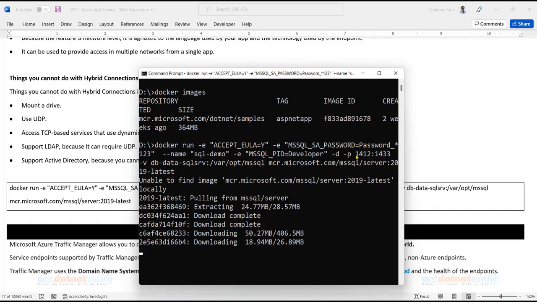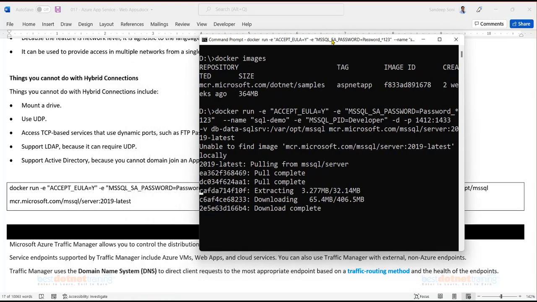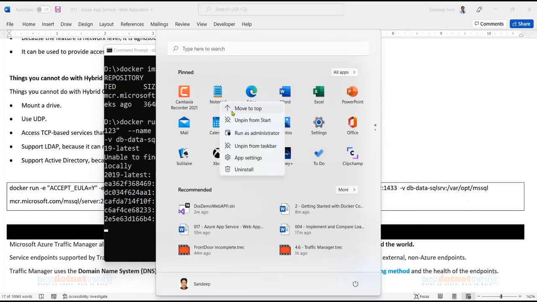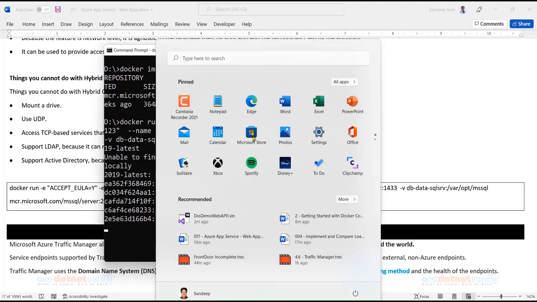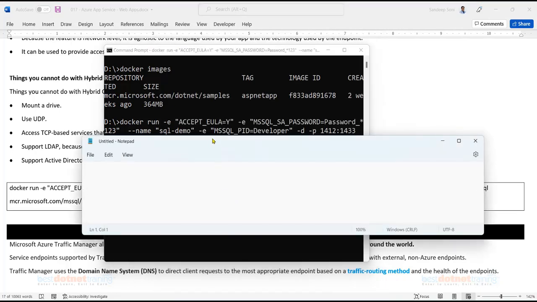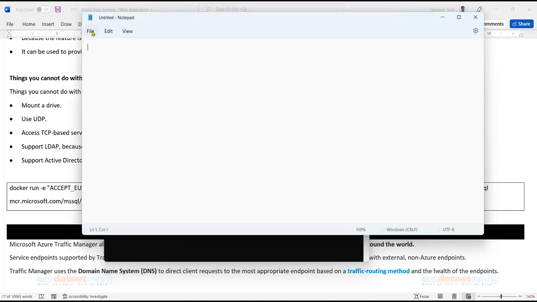And to give that name Sandeep machine, I edited a file. Let's open Notepad in administrator mode. And once you have Notepad open in administrator mode, you have to open a file.